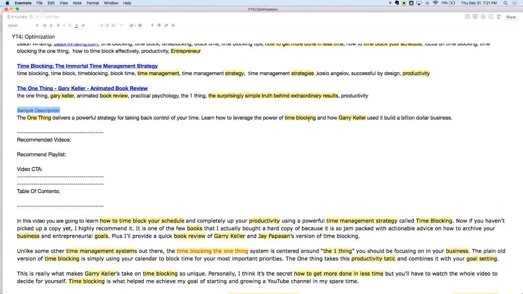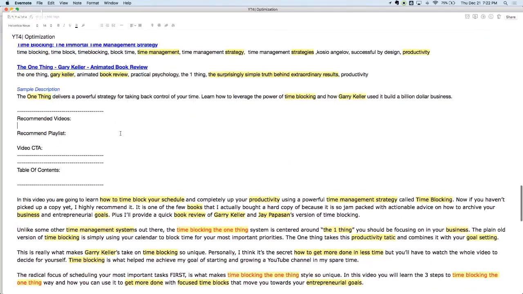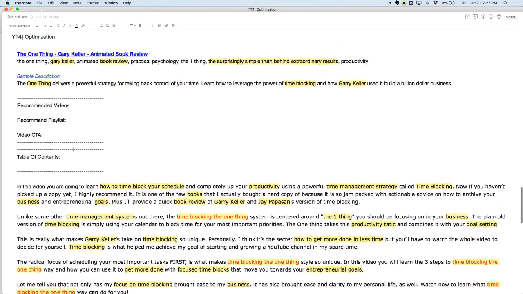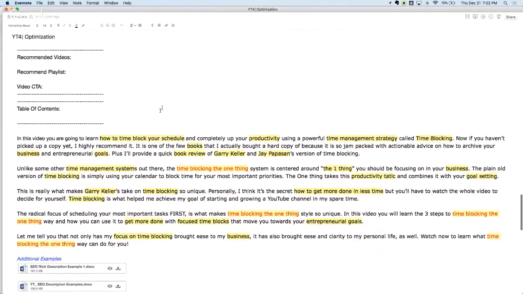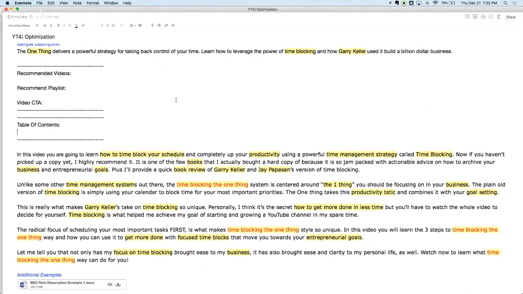Okay, well, not really, but you want them to click. They're most likely going to watch multiple videos anyway. So once you have that, what I like doing is including a section for recommended videos and recommended playlists, a video call to action if that's part of what you're doing, and then if it's relevant, having a table of contents. So for example, these live streams, they're super long. I'm including tables of contents,